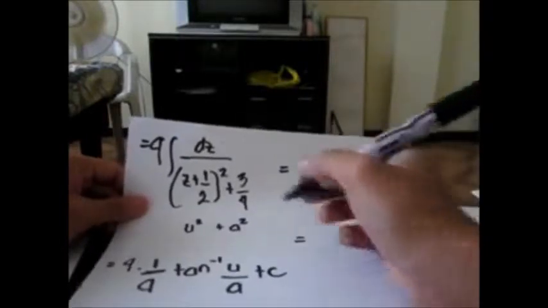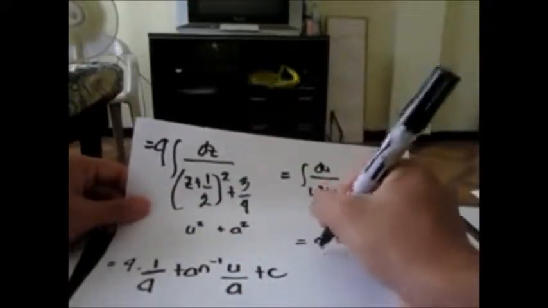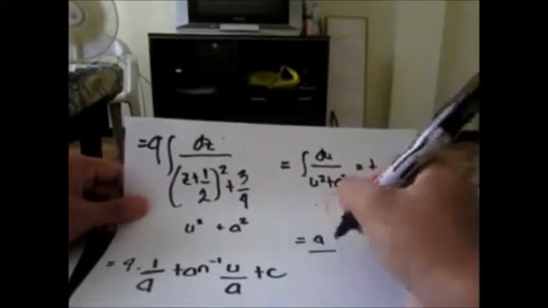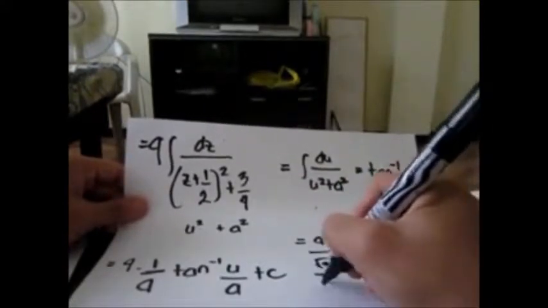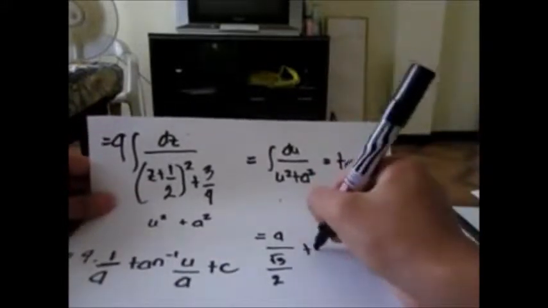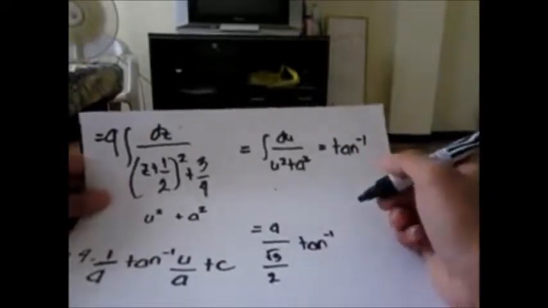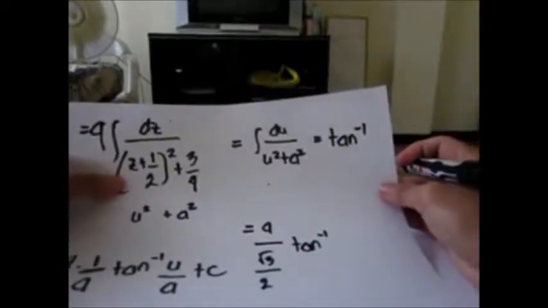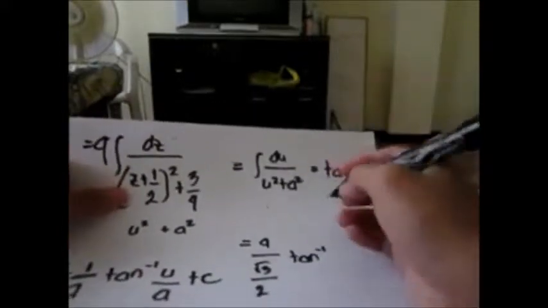So here 9 times 1 over a, this will become 9 all over square root of 3 over 2 tangent inverse u over a. So u, this is your u squared, which means the u is z